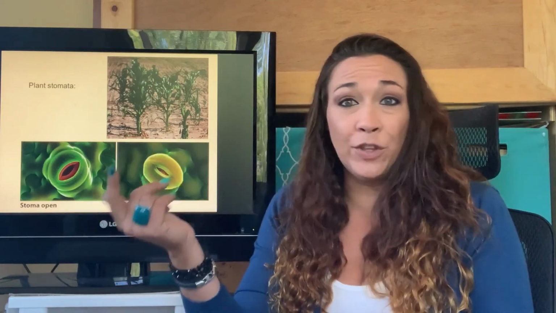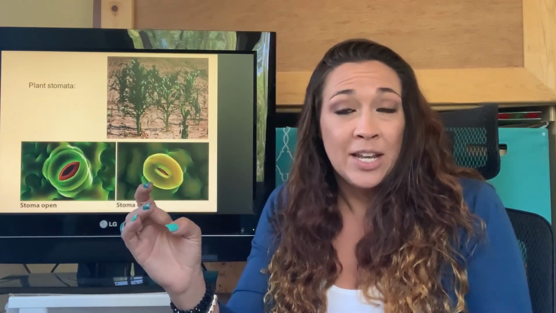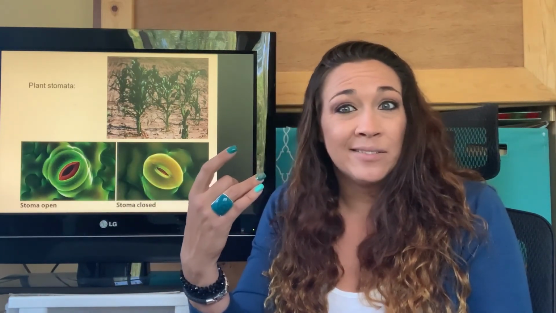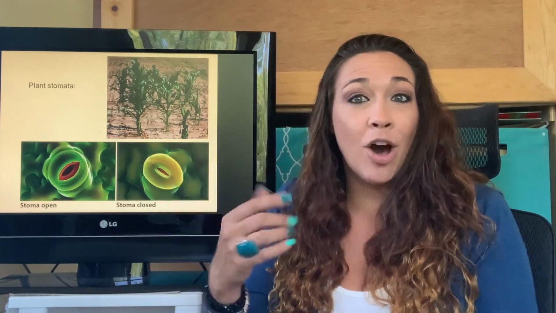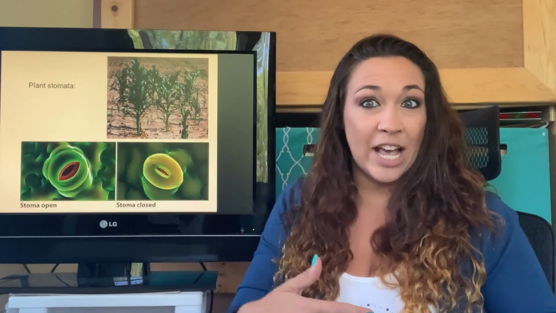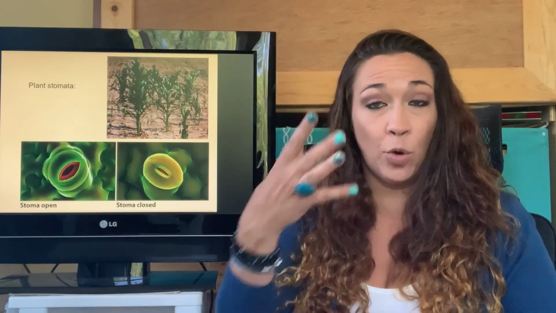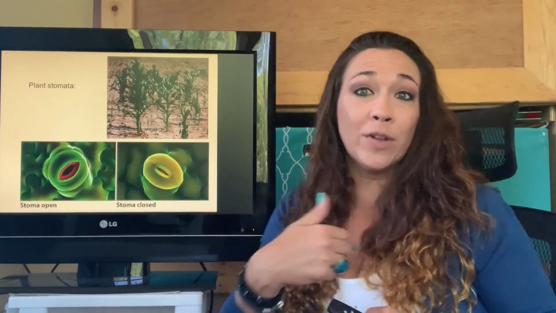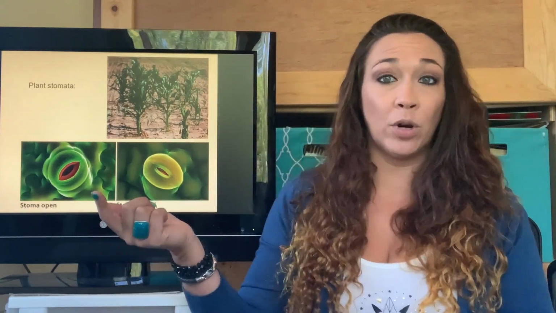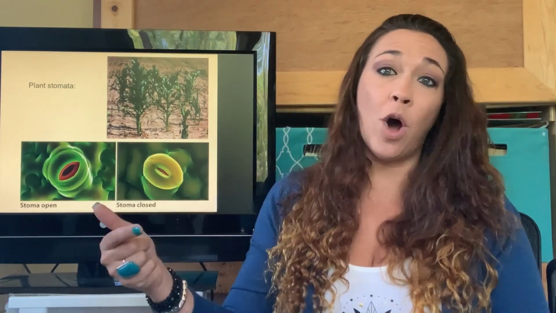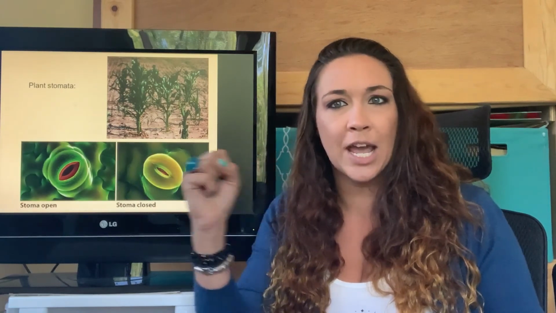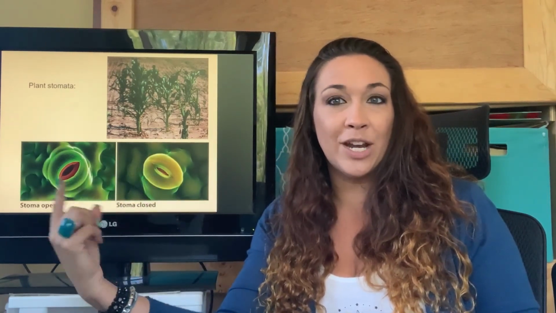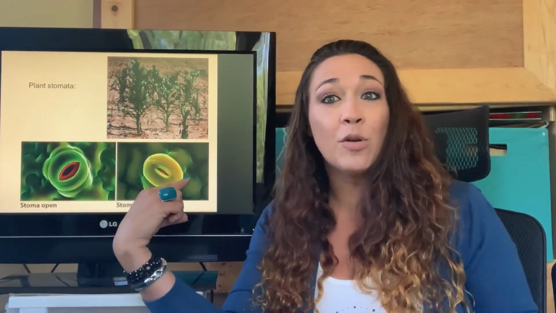Now, if you live in a very hot environment, that's going to maybe be too hot for you and cause a little bit of evaporation in your cells, because remember, you're opening your cells with the stomata, so the water on the inside potentially could evaporate outwards. That's not a good thing if you need your water. So if you live in a very hot environment, you probably want to keep your stomata closed during the day. These are the pictures we can see right here. These are electron microscope pictures of an open stomata and a closed stomata.